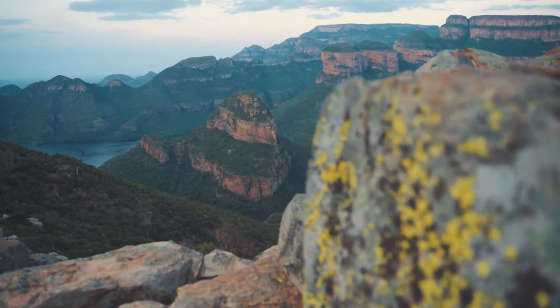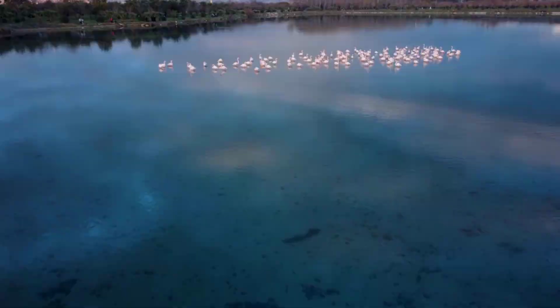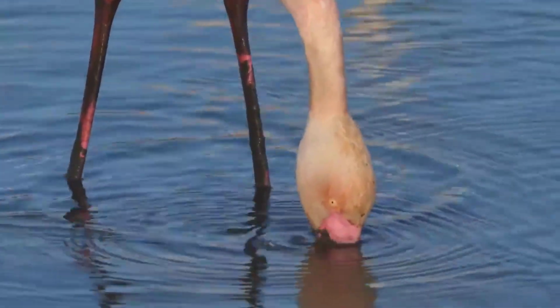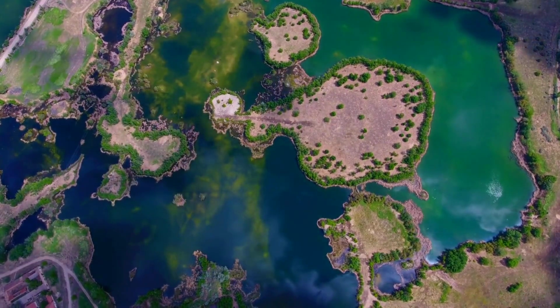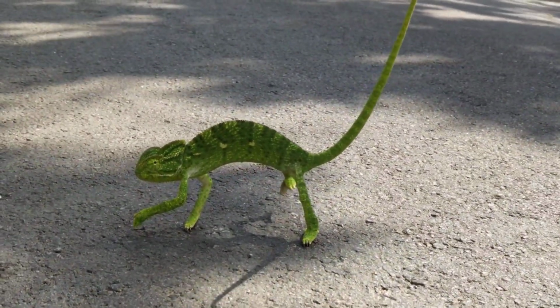Here's the twist. One creature does survive in the lake. Yes, the lesser flamingo breeds right inside Lake Natron. How? It feeds on the same red algae that colors the lake. Where does it build its nests? On small islands inside the lake, safe from predators that fear the deadly water. In other words, the flamingo uses this hellish lake as a protective shield, a stunning example of natural adaptation at